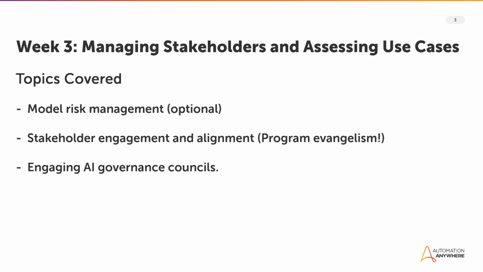In week 3, we're going to start talking about how to deal with all the important stakeholders that you interact with within your automation teams, as well as start to break down the use cases for those stakeholders. First on the list is an optional video on model risk management and a new framework for applying it. We've marked this course as optional because it's something only a few industries are required to do, so not all of you will need to engage with this material. Still, I think it's pretty helpful and might give you some new information.